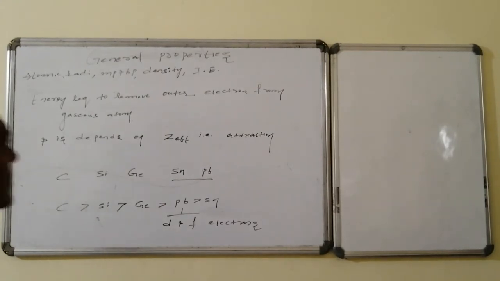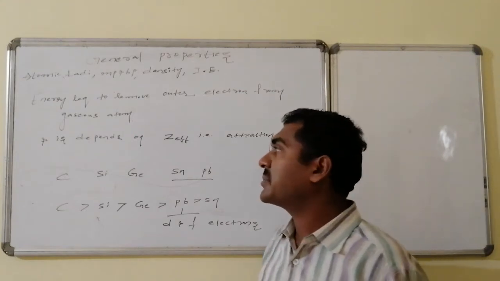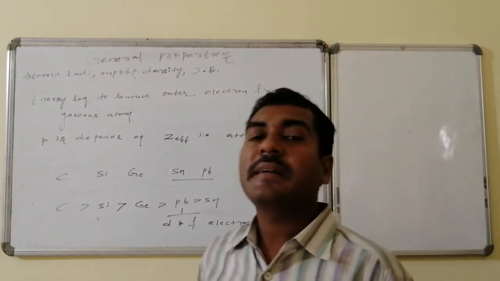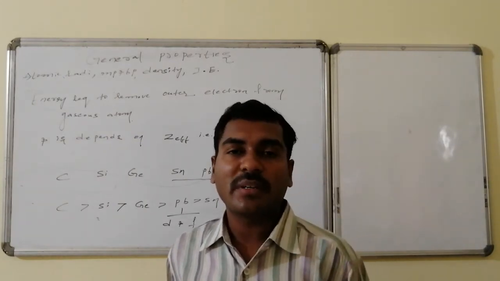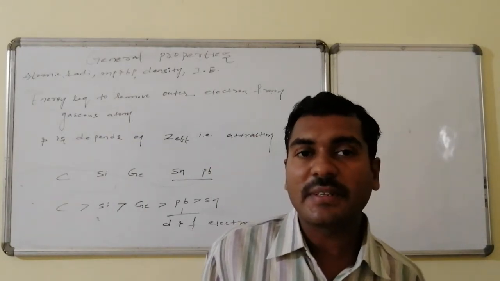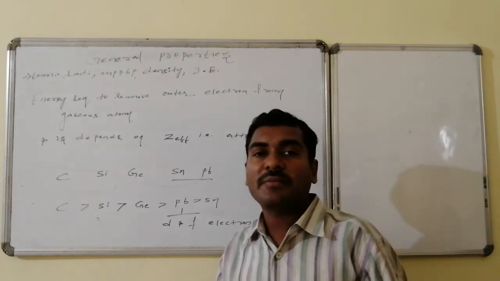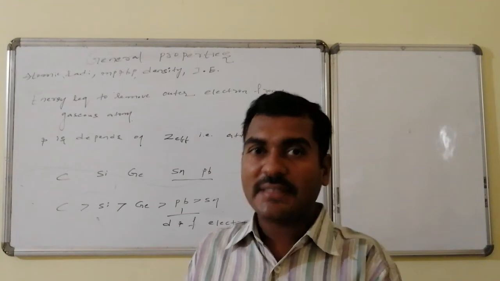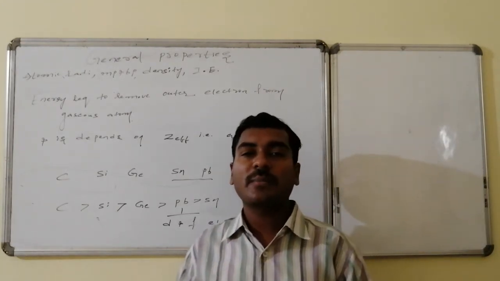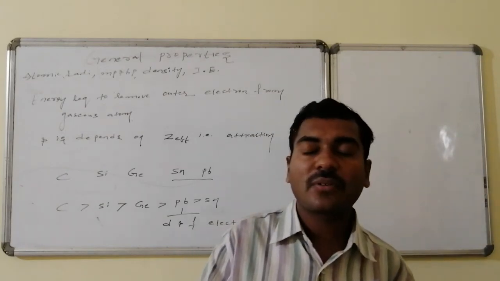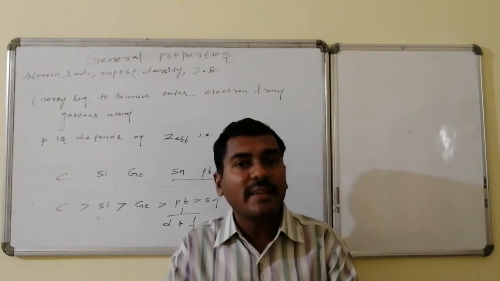Ionization energy, the energy required to remove the electron from the outer orbit of the gaseous atom, is said to be the ionization energy, and it depends on the attraction strength of the nucleus over the outer orbit, that is calculated by Z effective theoretically. From top to bottom, as the size of the atom increases, that is as the number of shells increases, the attraction of the nucleus over the outer orbit is generally decreasing. So therefore what we can expect is the ionization energy goes on decreasing.